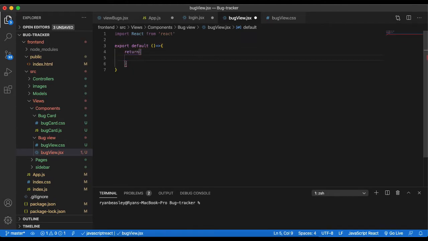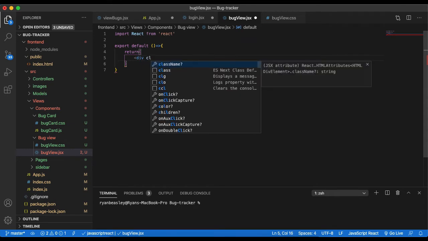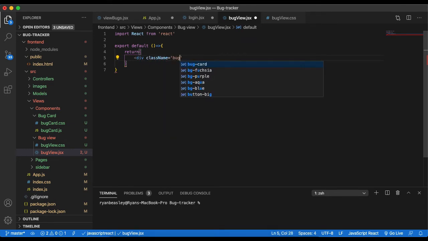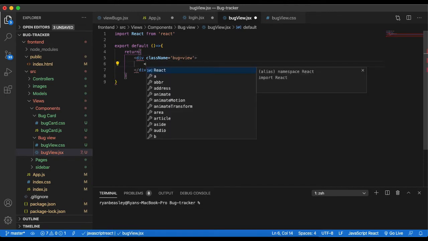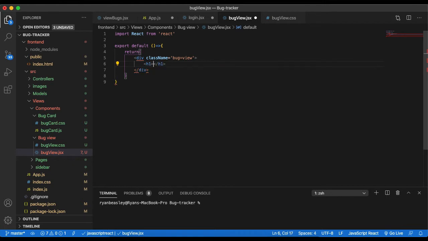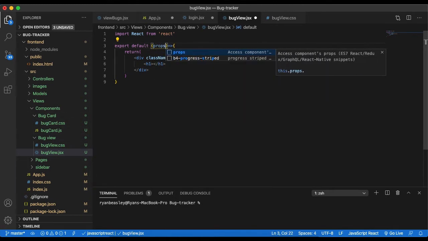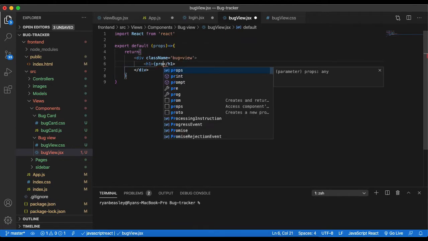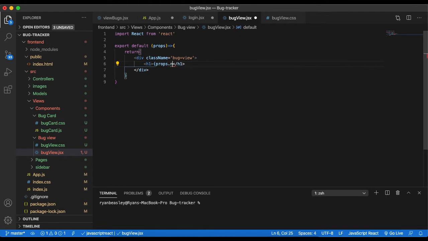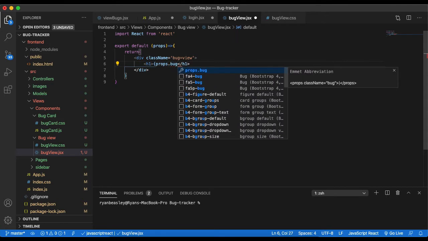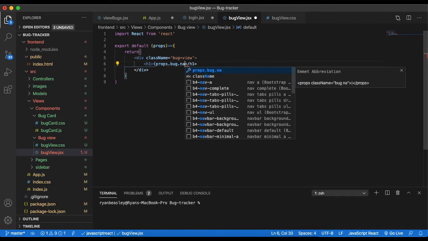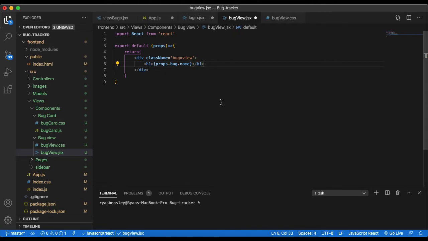So inside the return, we're going to have a container, so we'll have a div, and we'll give that a class name of bug view. And then inside there, we're going to want a title, so we'll do an h1, and we're going to be passing in the title of the bug that's being clicked. So we're going to have props, we'll just have props.bug.name, and that is because we're going to pass the whole bug inside of it. So we'll get the name out of the bug,